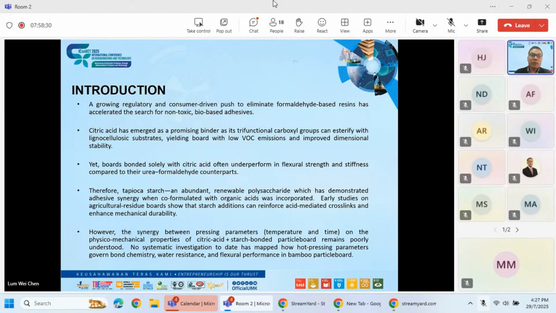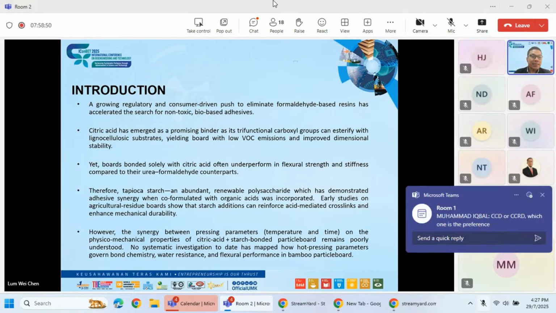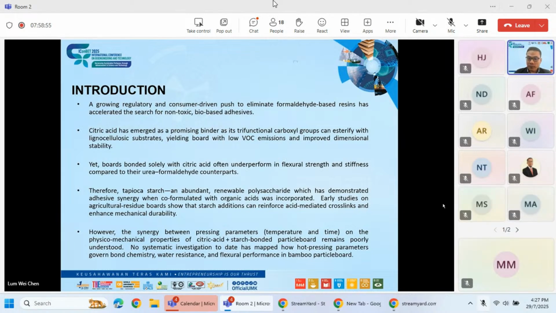Early studies on agricultural residue board show that adding starch to citric acid can reinforce the acid-mediated cross-linking and enhance mechanical durability. But the synergy between the pressing parameters, the pressing time and temperature,